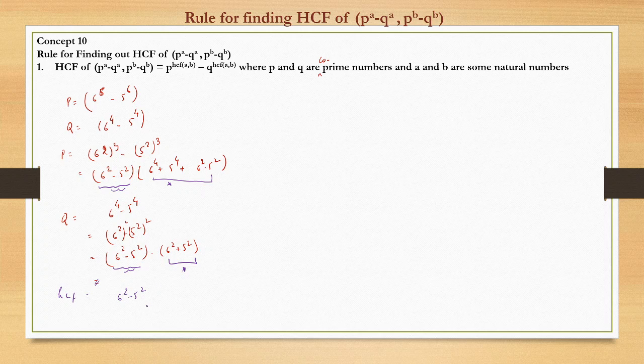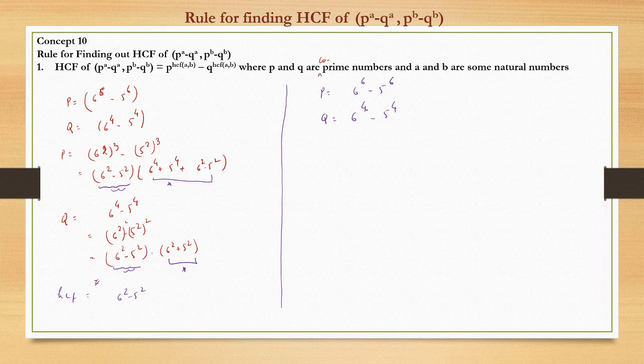So rather than doing this, there is a process for this. The process says if there is a number P in the form of 6 raised to power 6 and 5 raised to power 6, and Q is in the form of 6 raised to power 4 and 5 raised to power 4, and here 6 and 5 are co-prime to each other. By co-prime we mean the HCF of 6 and 5 is 1. Co-prime concept we will see in detail, but just so you know, two numbers are co-prime if the HCF of the two numbers is 1. 6 and 5 are co-prime.